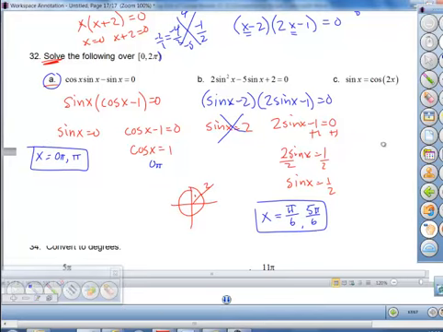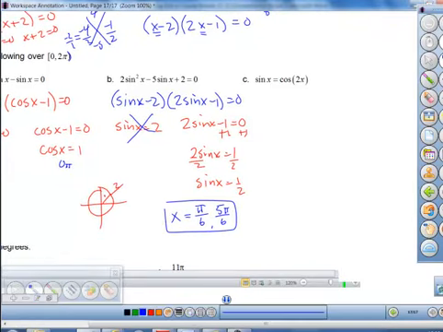Okay. Alright, so to finish this last part, this one's tricky. That's why I'm going to do this. I was going to just leave this for you, but check this out. It says sine x equals cosine of the double angle. Okay, so right here, unlike this first one over here, this one's going to be a lot more